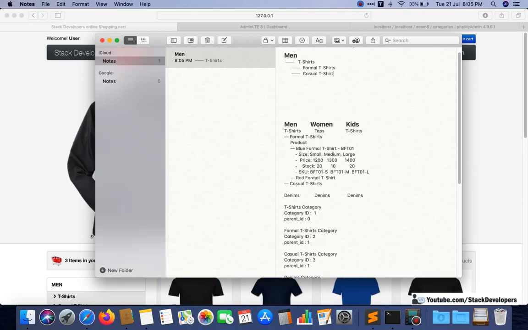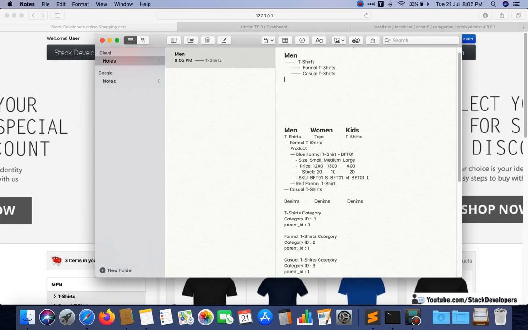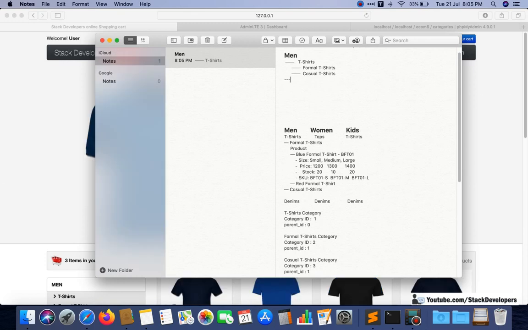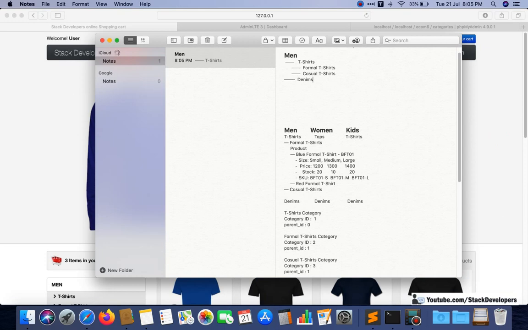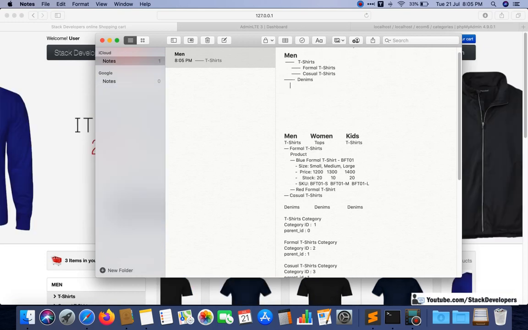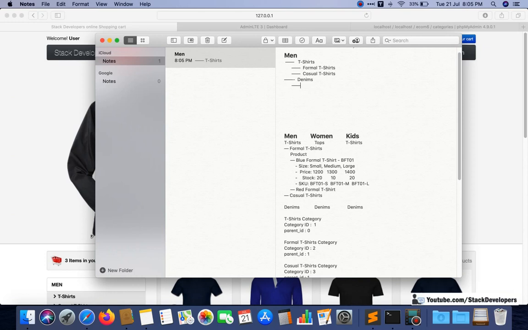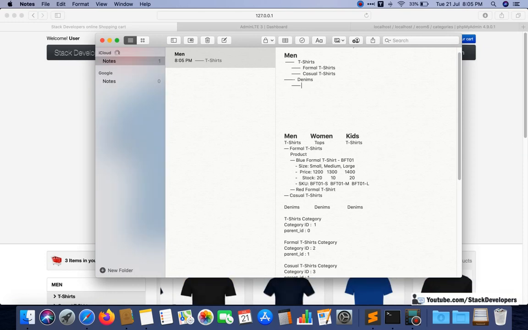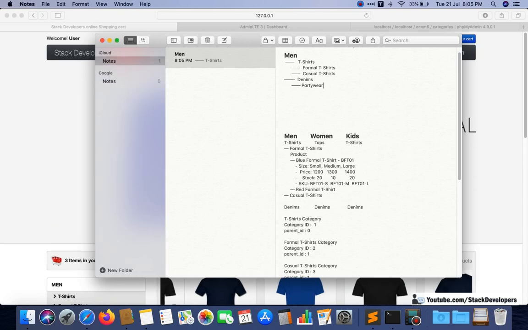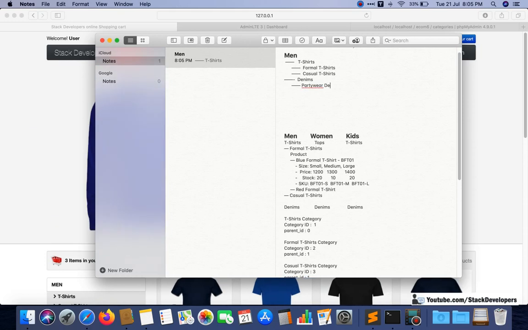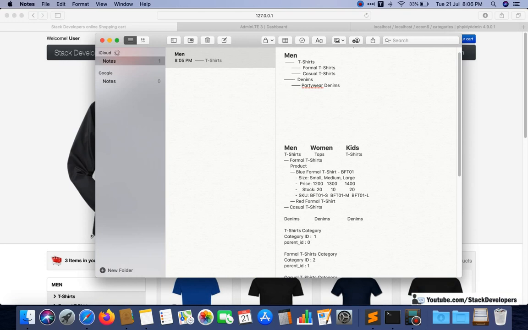Subcategories will also come, and now another category will come up here, like you can see, denim. Another subcategory, anything like party wear denims. Anything you can give. I don't know if this one exists or not, but we can do it.